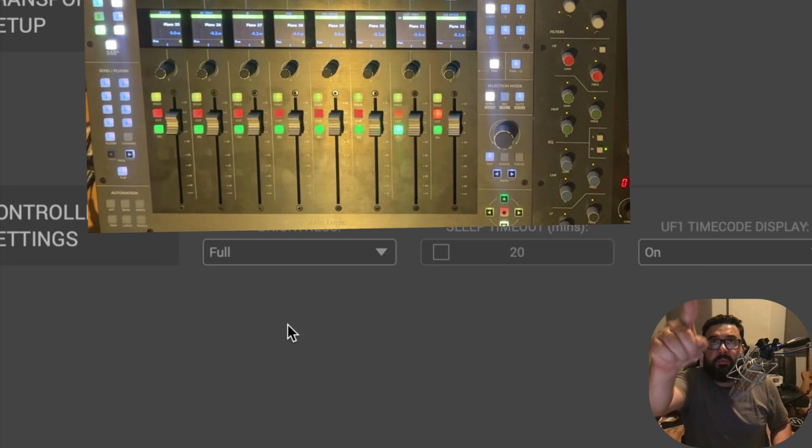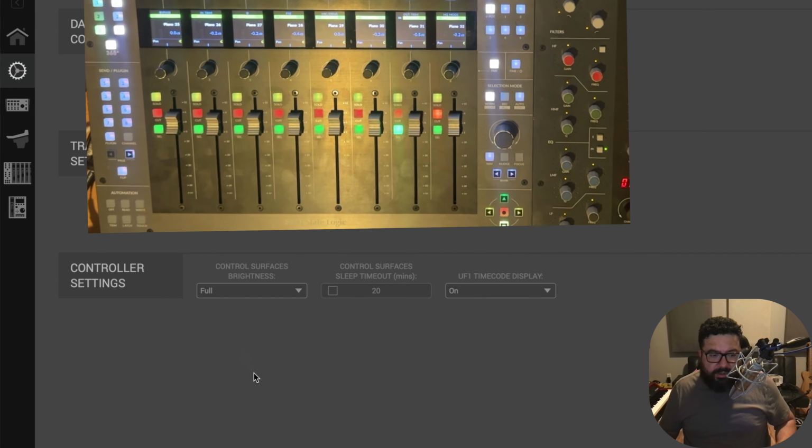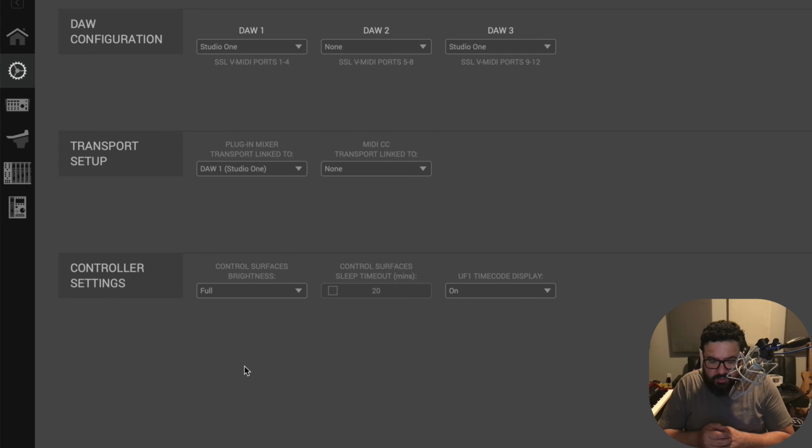And I don't know that you could see it with this iPhone camera, but I could see everything from where I'm at. That's one issue that I had with the FaderPorts from PreSonus. The screens were just terrible. I couldn't read the scribbles and stuff like that, but that was it. Everything else was amazing, but I just needed these screens. And as you can see now,